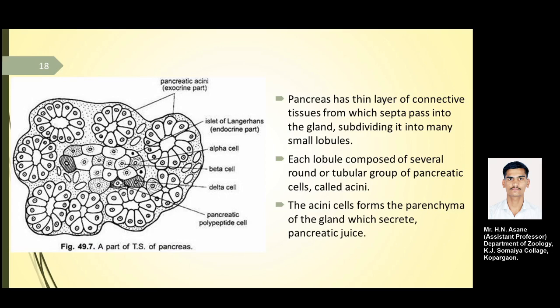Okay, this TS is showing the exocrine part of the pancreas, the pancreatic acini. The connective tissue is very little between these two acini. Each acinus consists of a group of pyramidal cells with their apical tips towards the lumen. As you can see, the duct system is present in this particular TS.